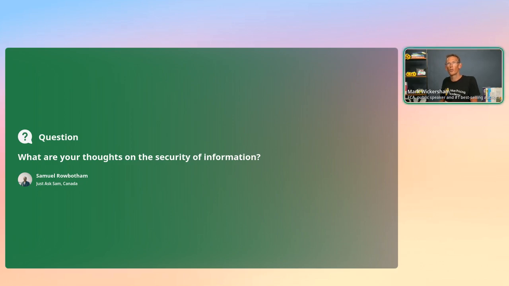What are your thoughts on security of information, Samuel? ChatGPT or OpenAI has got a pretty good record with security. I don't have any problems with the security, but obviously you've got to be aware of client confidentiality.